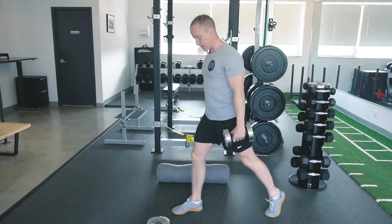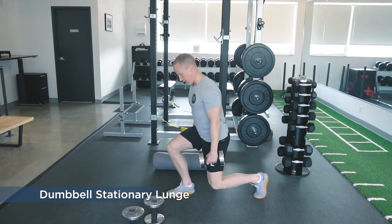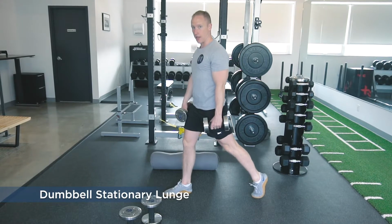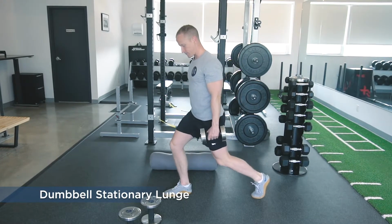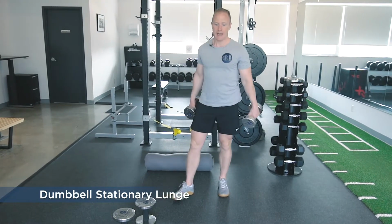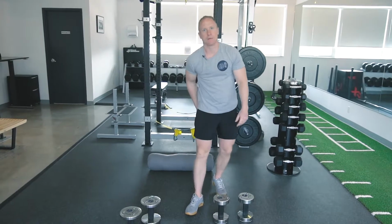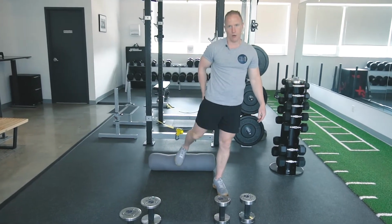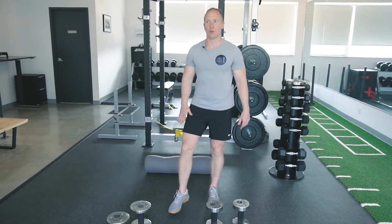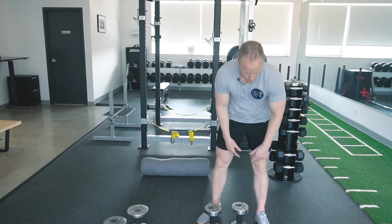So you're going to be in a split stance like this. You're going to let the knee go forward a little bit, drop down, and then you're just pushing into the ground with your front leg as much as you can and extending at the top. So you're keeping the body nice and upright, pushing through the ground, and you should feel this quite a lot in the glutes, particularly if you really try to focus on pushing it away from the floor to activate your glutes and the quads as well. So we're going to do that 1 round on each side,